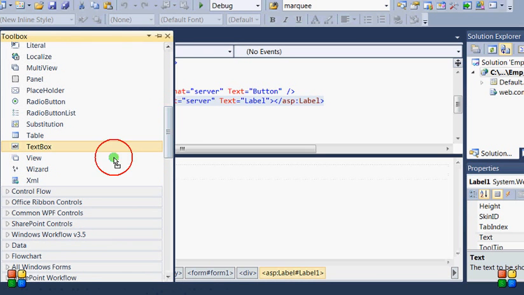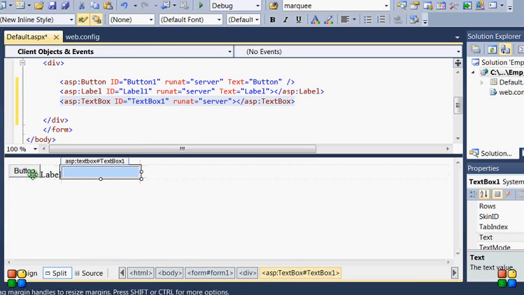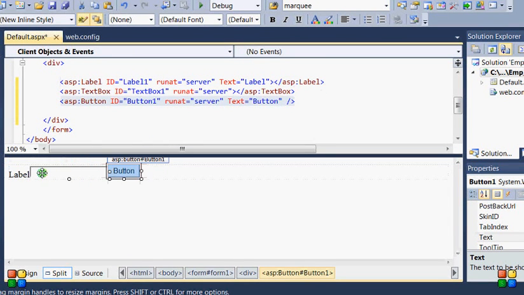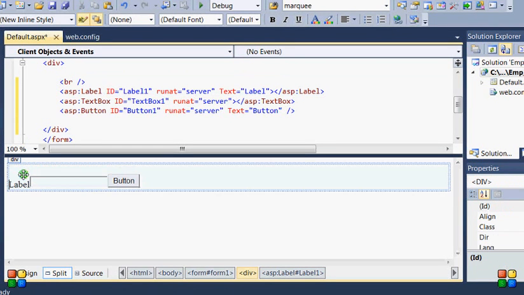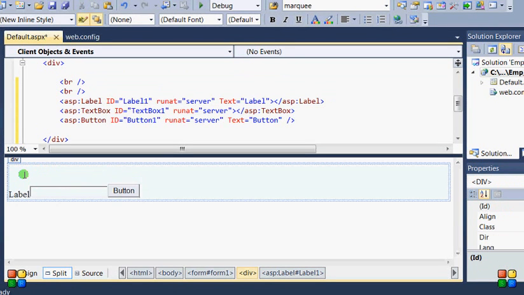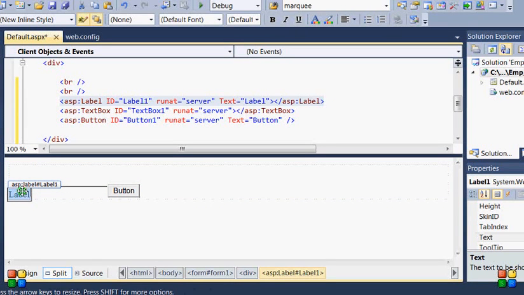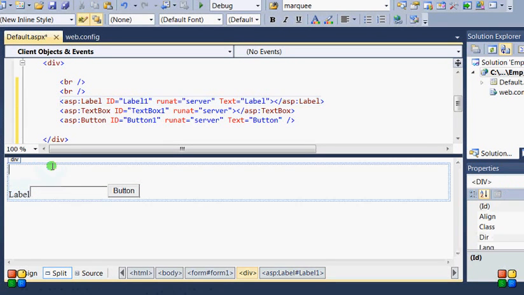So here we can take a text box or just arrange all things. So copy and paste according to our need.